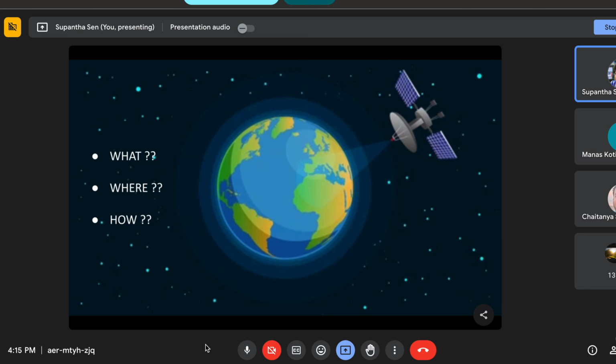Generally speaking, why is a satellite needed and where should we put it? This where question will be answered by why we need a satellite. So I will tell you a small analogy. We generally say that God is watching us from above the sky. Why do we say this sentence, that God is seeing from above the sky, not below?